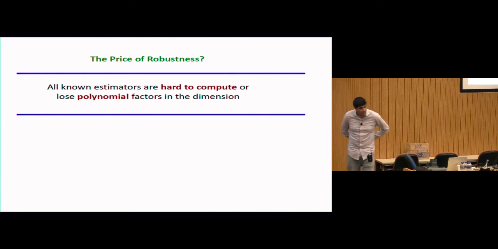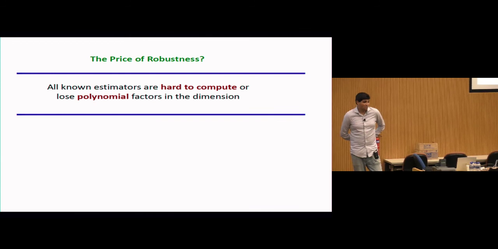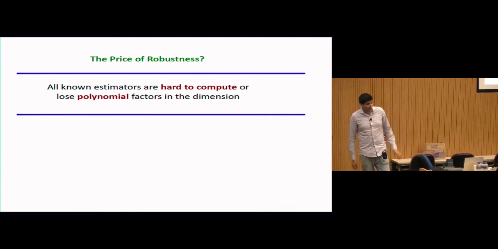Sorry, which one? Basically, the point that functionally replaces the median. So you look at the point that minimizes the sum of absolute distances. Yeah. So that's also broken. You can get it to be as bad as epsilon times root d. That turns out to be one of the hardest ones to break. But yeah, so we have details in the paper for that, and I'll get into that maybe offline.